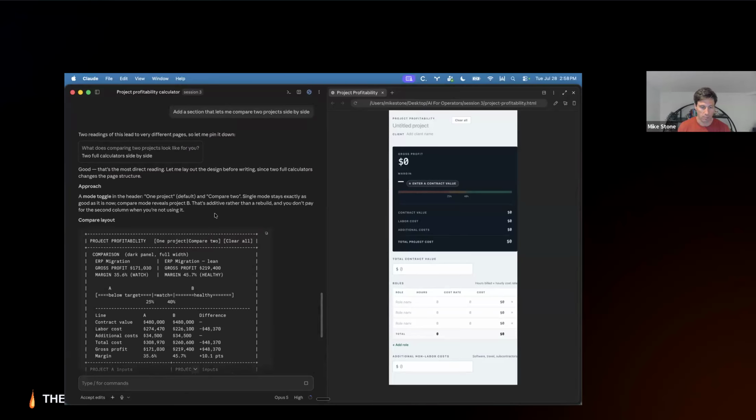So this request that I just had, adding a section that lets me compare two projects side by side, traditionally would be something where the request has to be filed as a ticket, worked through with a product manager, worked on during a sprint planning meeting, scheduled into a sprint, and it could take weeks for something like this to be implemented.